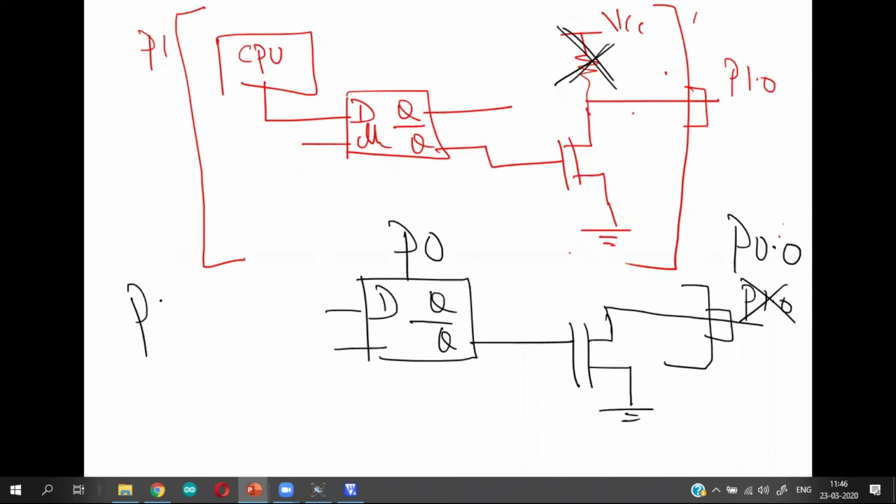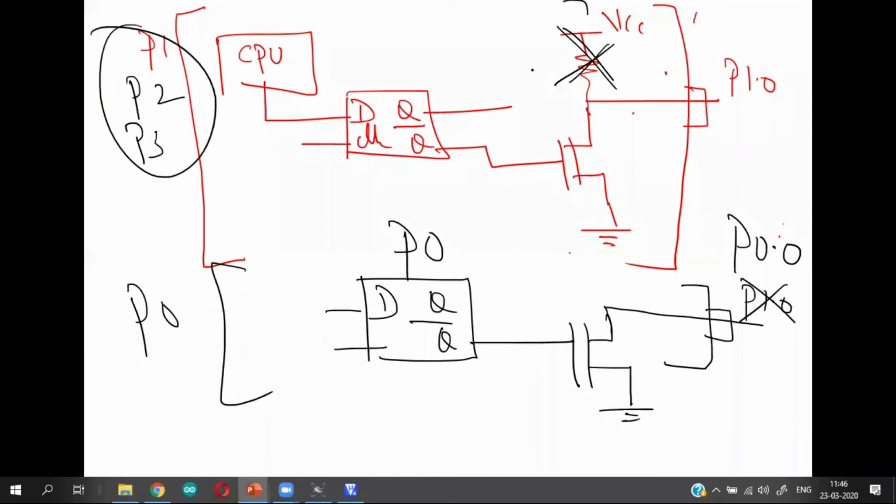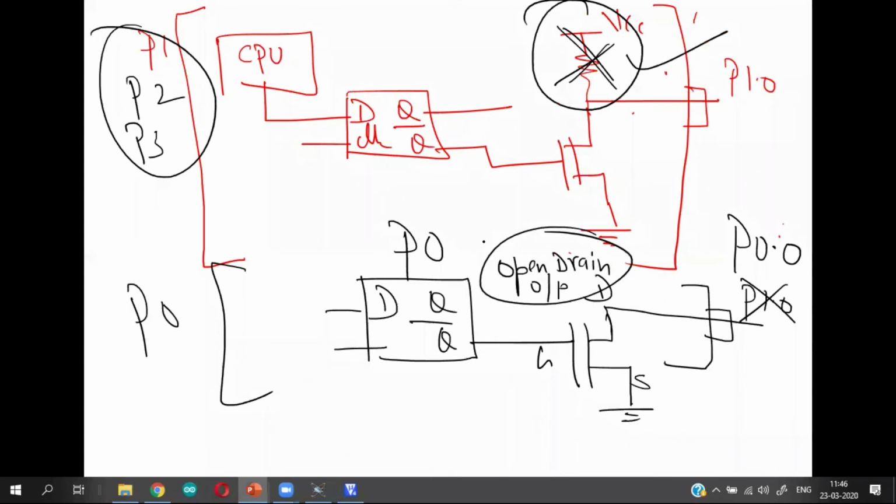I'm talking about parallel port 0. Parallel port 1, parallel port 2, and parallel port 3 all have these internal pull-ups. For parallel port 0 alone, there is no internal pull-up present. That means you have the gate, you have the source connected to ground, and this drain is directly taken to the output. This is called open drain output. That is the difference.